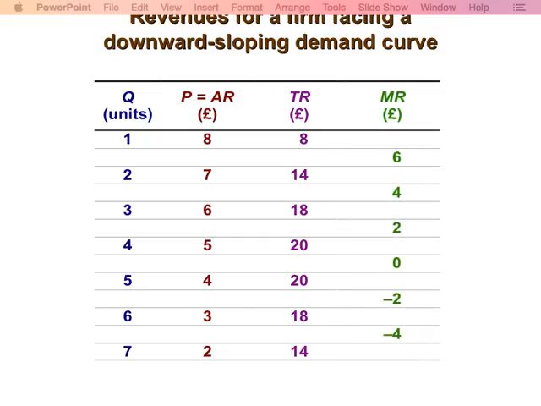And marginal revenue is now, you know what it is, yeah? The difference between the first unit sold and the last unit, the last quantity. So marginal revenue is 14 minus 8 for the first unit. For the subsequent units, again, you subtract the total revenue today from yesterday's. For example, when you sell 3 units, your total revenue is 18, but when you sell 2 units, your total revenue is 14. The difference gives us marginal revenue 4.